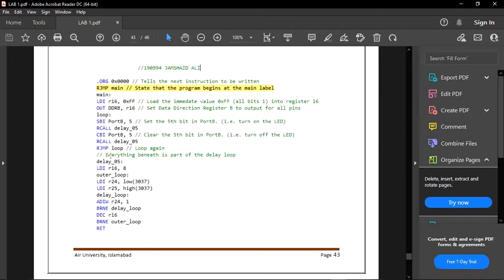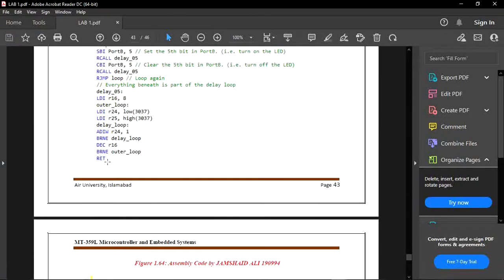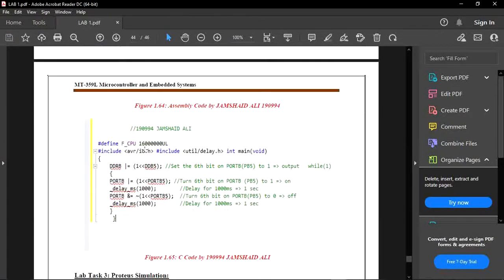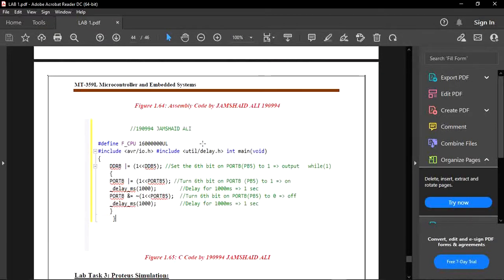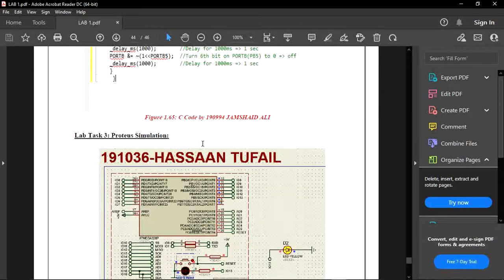In this process, the loop will begin, so it will turn on and off with a proper delay. So this is our basic code for blinking the LED on and off.